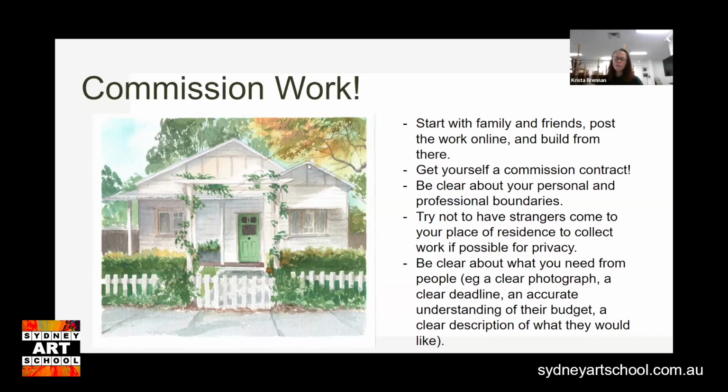You can find sample contracts online, so you don't have to come up with your own contract just straight off the bat. But you just want to make sure that it does cover those specific bases, at least to start with: what's being asked, what are you being asked to do? When are you being asked to do it by? What is the compensation for what you're doing?